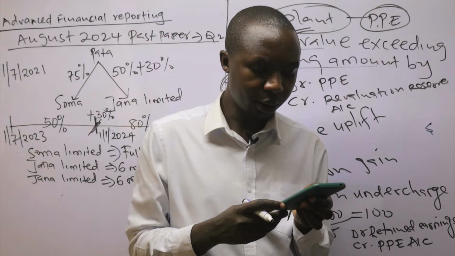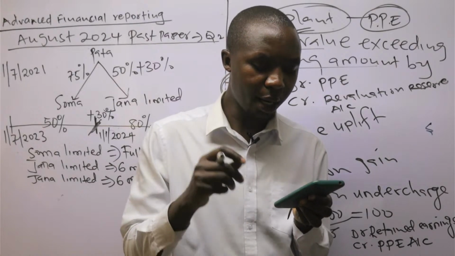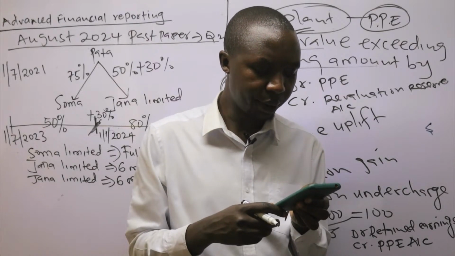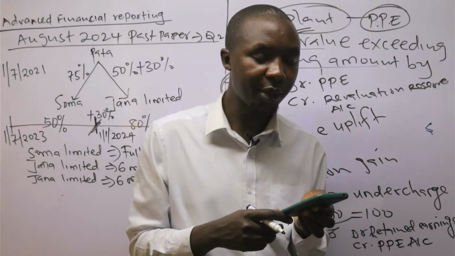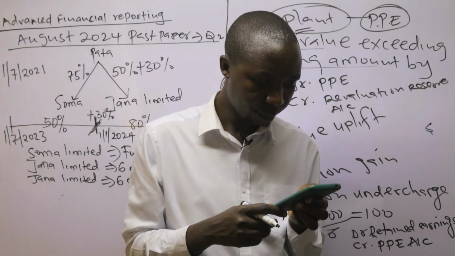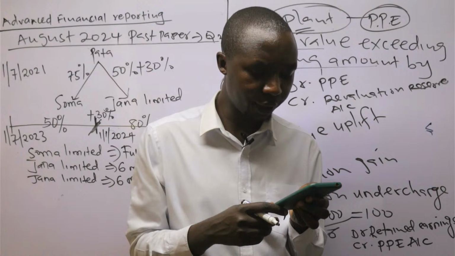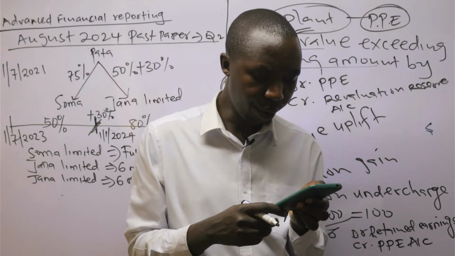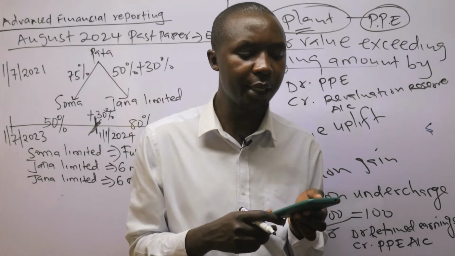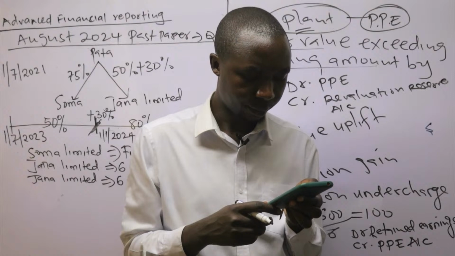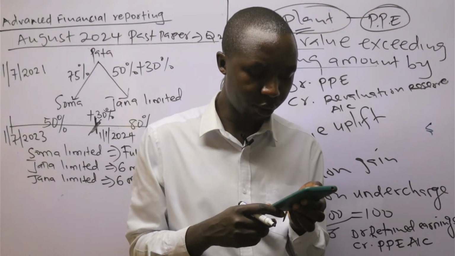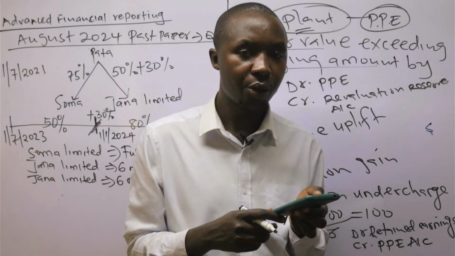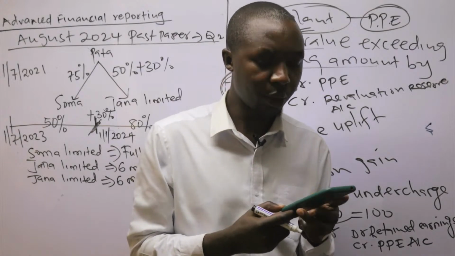Soma Limited still had 1/2 of these goods in its inventory as at 30th June 2024. Number 6, impairment review as at 30th June 2024 revealed that goodwill on acquisition had not suffered any impairment. Number 7, all incomes and expenses of the group companies are deemed to have accrued evenly throughout the year. So the requirement,